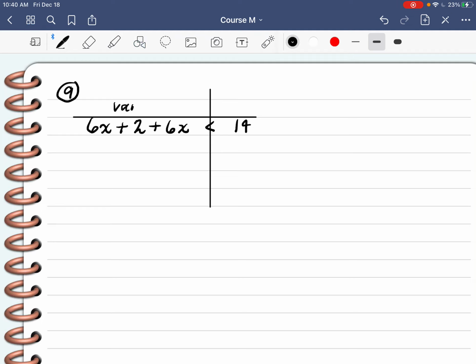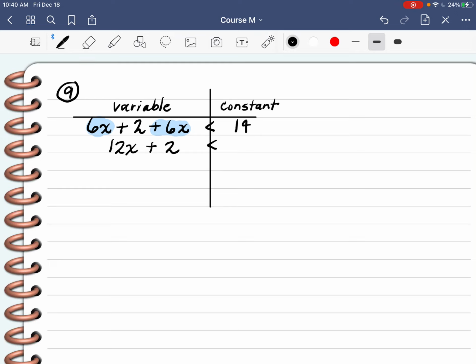And the variables are on the left, so we're in standard. The constant is on the right. But remember, this is not variables and constants. We need to get them down to just one of each. So I'm going to take 6x plus 6x to get 12x